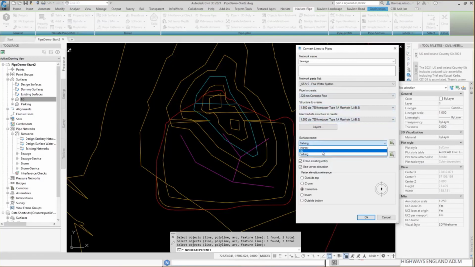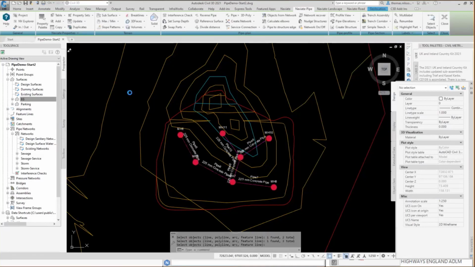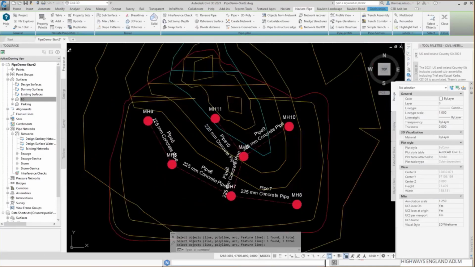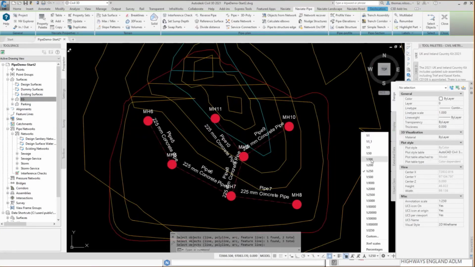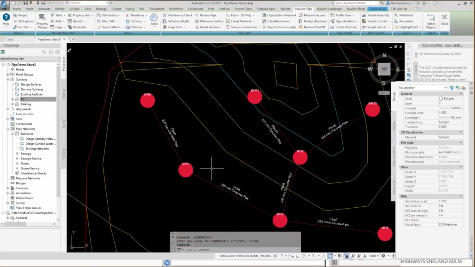So intentionally, I'm going to add it to the wrong surface, existing ground, because I'm going to change it afterwards. So selecting all these, we can see the objects appearing like this. So it's adding to an existing pipe network. It creates it on multiple polylines. Let's change the scale a little bit like that. See, it's 250 size